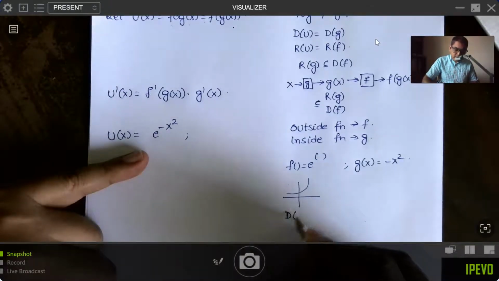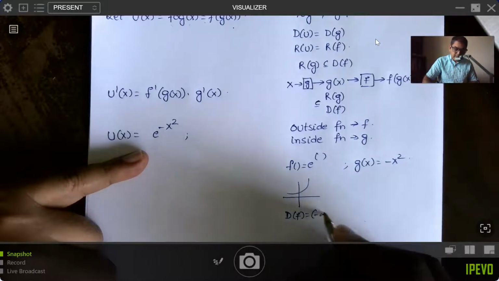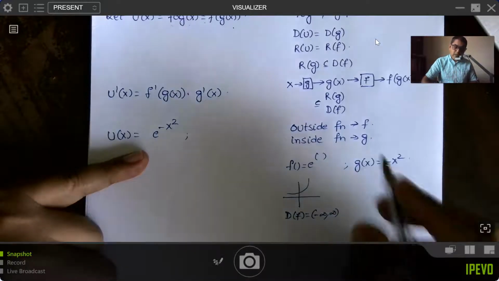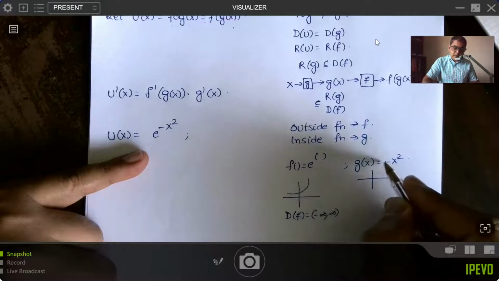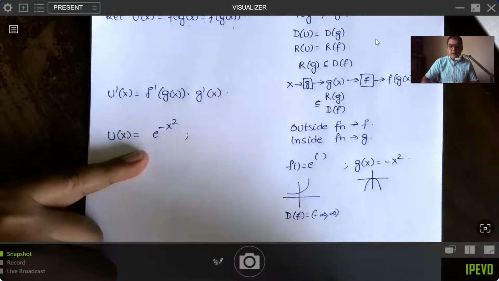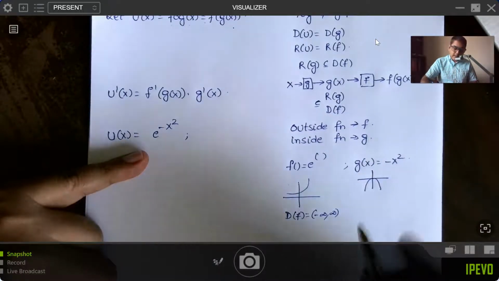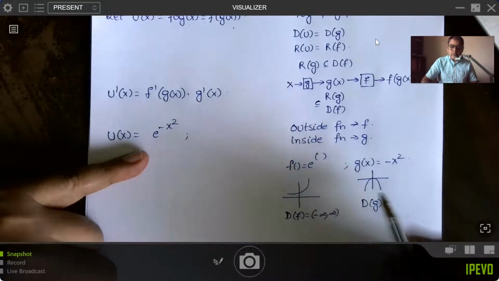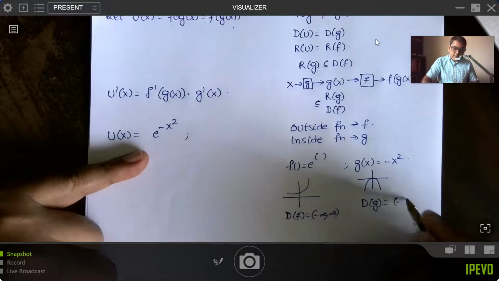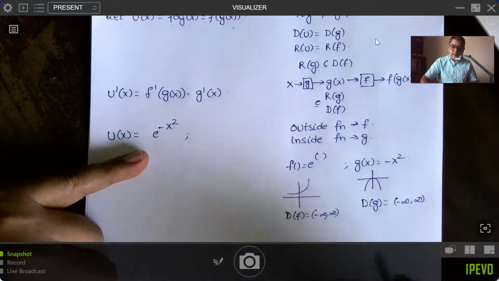So the domain of f, the range of the function, is negative infinity to positive infinity. Now g of x is a parabolic function, and the parabola is opening down because of the negative sign. So the rough sketch of the graph is going to look like that. So the domain of g is going to be what? The domain of g is going to be negative infinity to positive infinity from the graph, and the range of